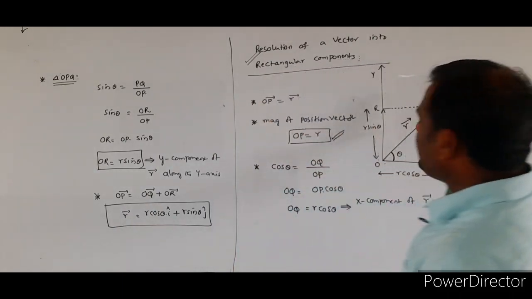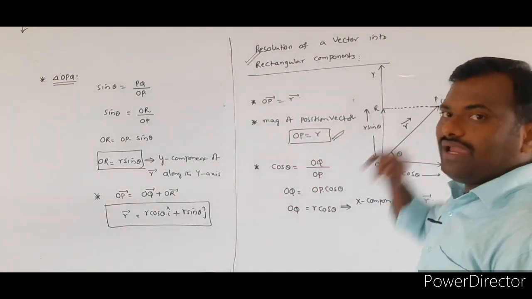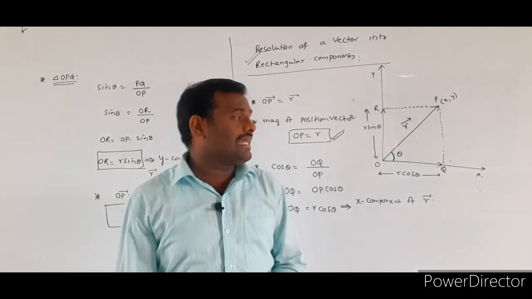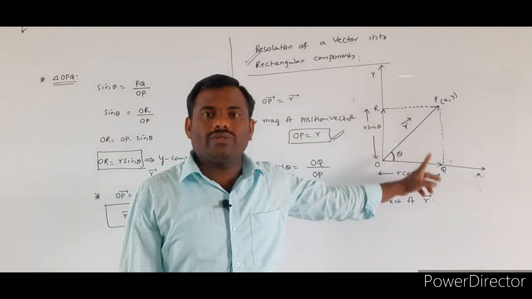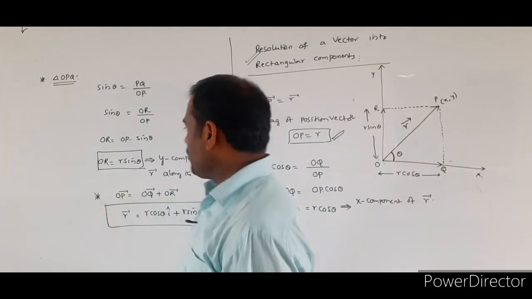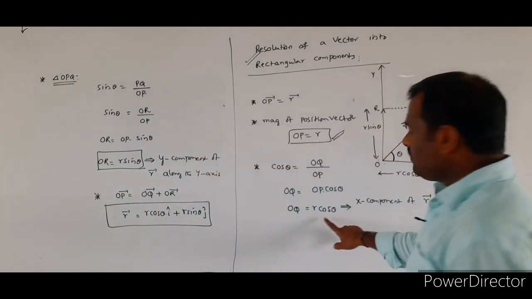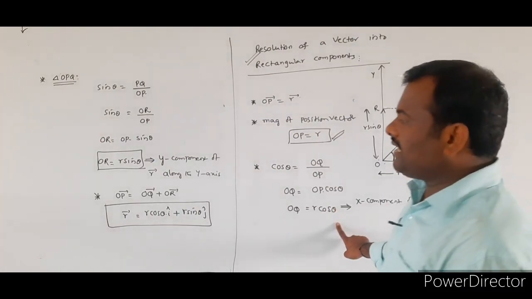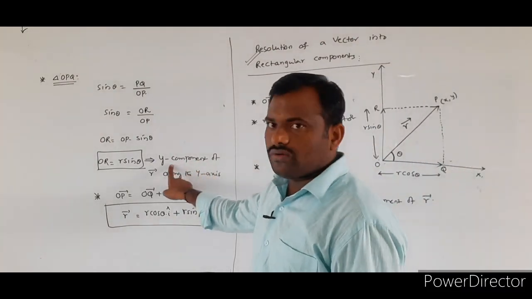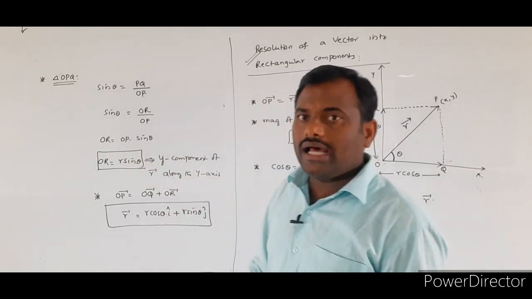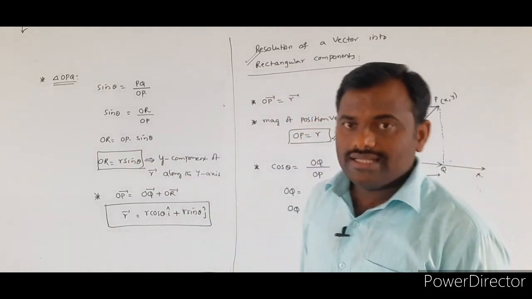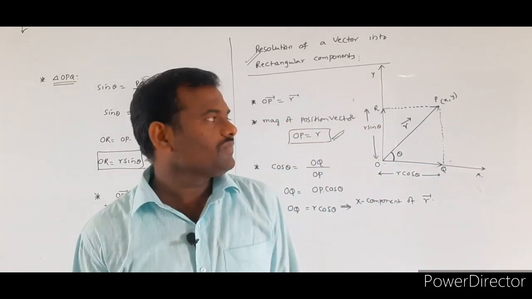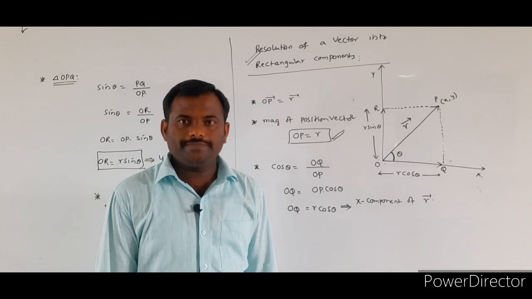Suppose they didn't give the x comma y values, and gave only the angle made by the given position vector with respect to the x-axis. At that time, the x component value is equal to R cos theta, and the y component value is equal to R sin theta. So this is the complete analysis of rectangular components of a given vector quantity, right?